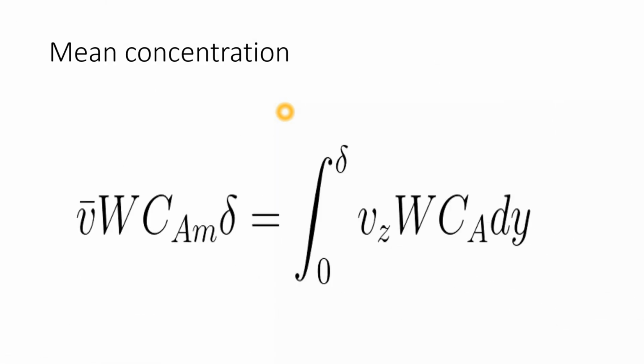Next, the mean concentration formula we can write as follows. You can apply this type of formula anywhere, whenever they ask to calculate mean velocity, average velocity, or whatever they want. So let's start. V is the average. On the left side, everything is average: V average, W is the width, Cm is the average concentration, delta is the total height. Take total height here.